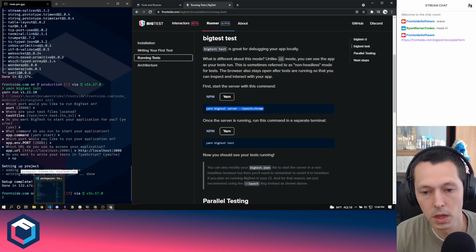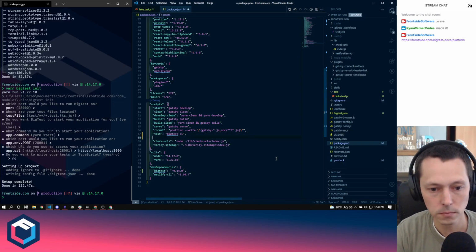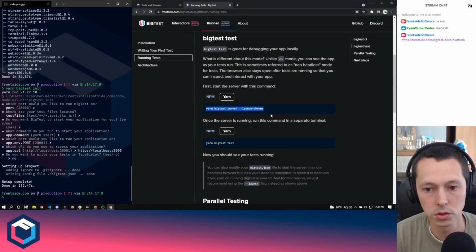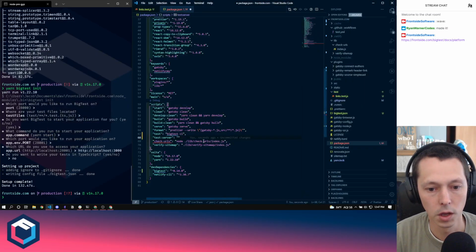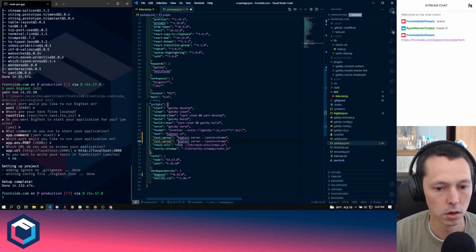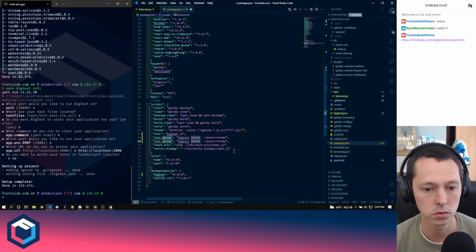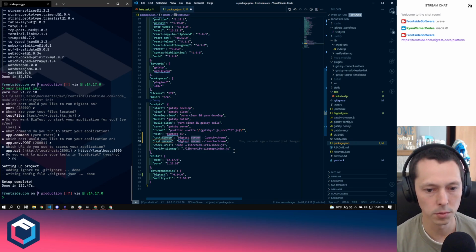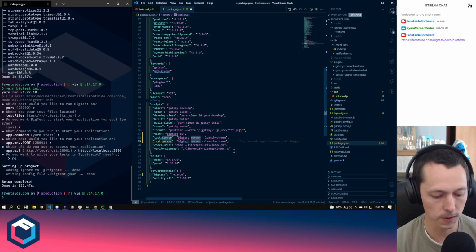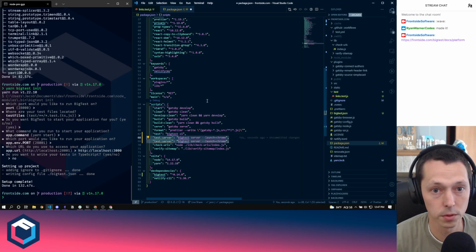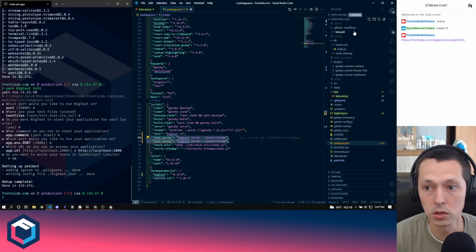So we're gonna go test server. We're gonna say this should be BigTest server launch Chrome. And we can always run these directly, but it'll be nice to have these in the package JSON so somebody can see in this code base an idea of how to run these tests. So test server starts up the server, and then we want to have the command to run the tests. Oh, and I guess test server will also start your app because we have added it to the